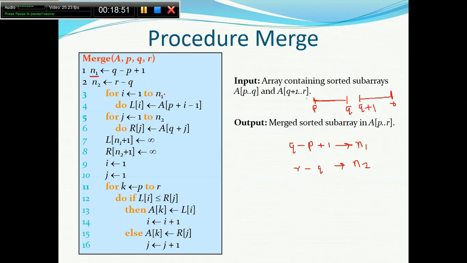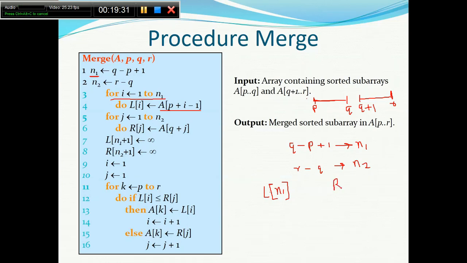Now what it says, for i equal to 1 to n1, copy all the content of the first half sorted sequence into the L array, that is the left array. Whatever the element I have, P plus i minus 1. So I will keep copying the entire content into L, the left array.